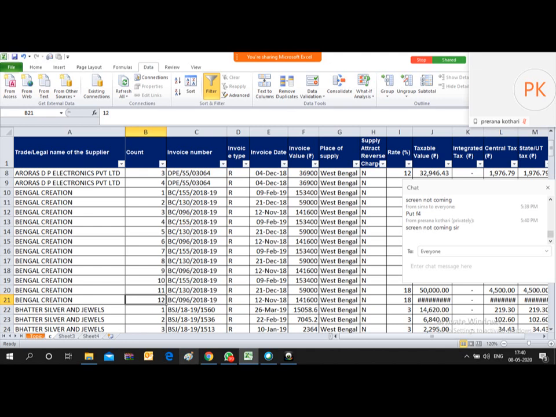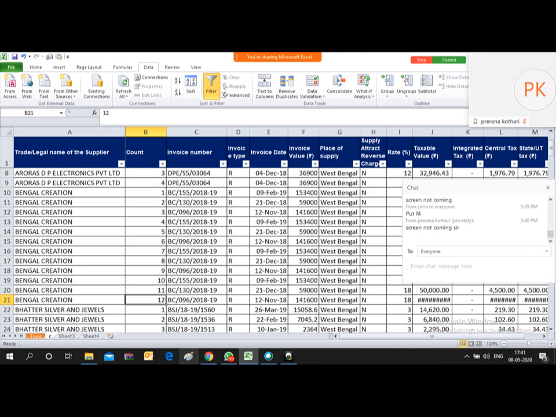So in pivot table, I will let you know how this countif function without freezing the range is helpful. Friends, if I combine three formulas, VLOOKUP, pivot table and countif, I will be able to generate a good MIS. So we have already covered VLOOKUP, now we have covered this countif, and after covering pivot table, I will show you one worksheet where we will be using the combination of these three commands. And by that way you can generate a good MIS.